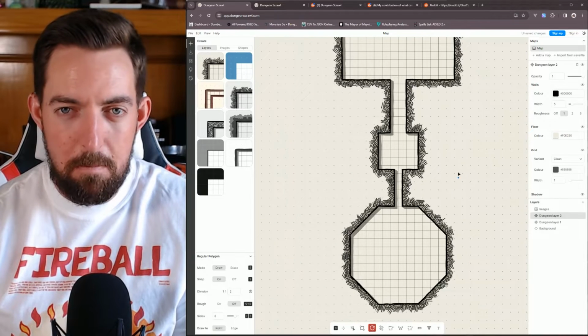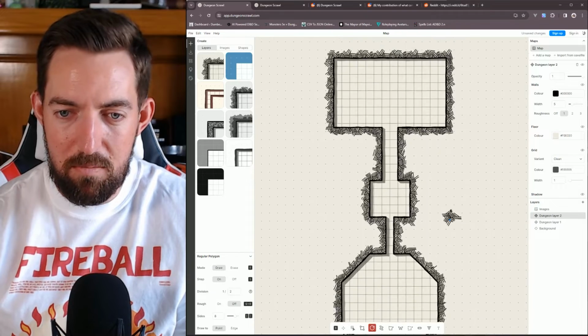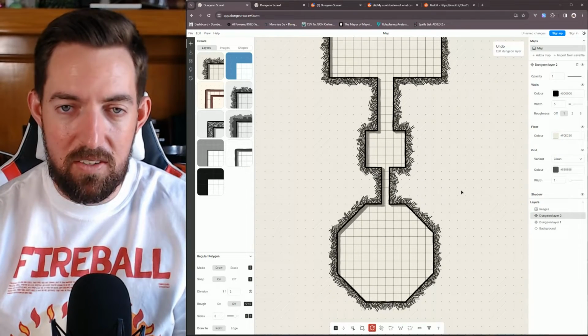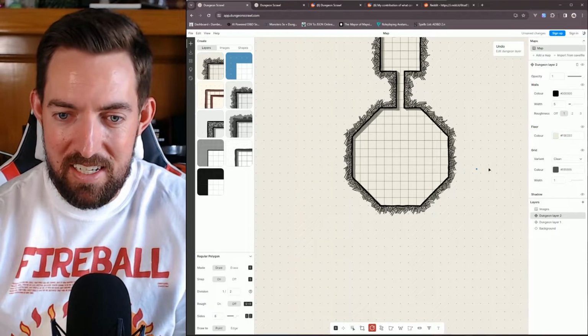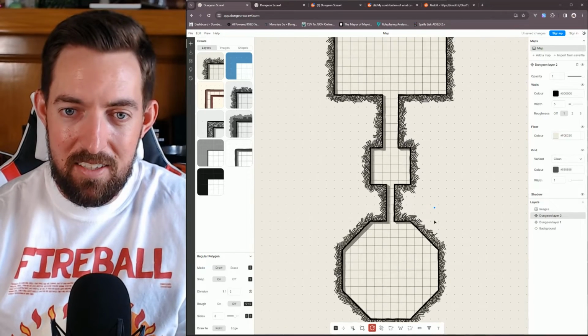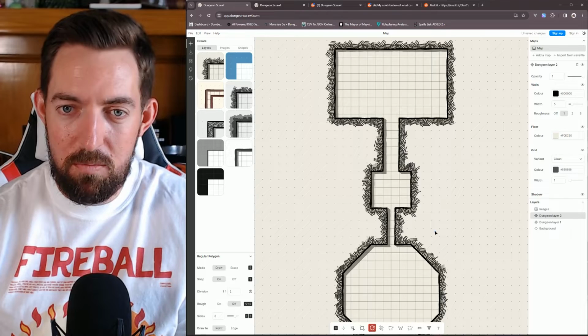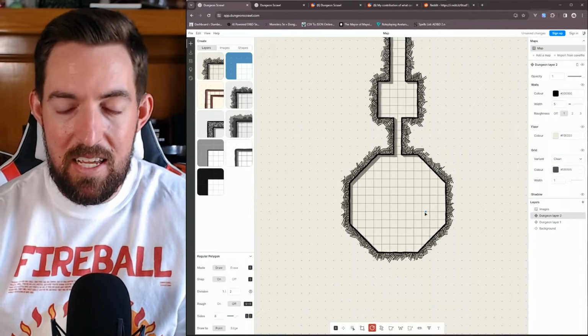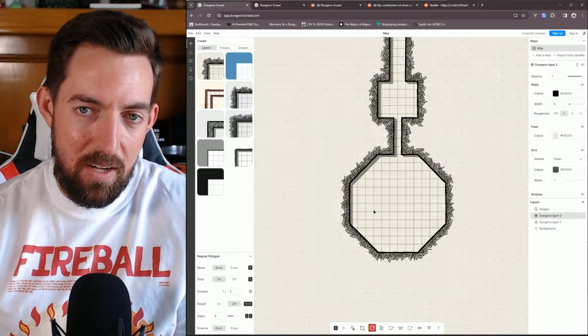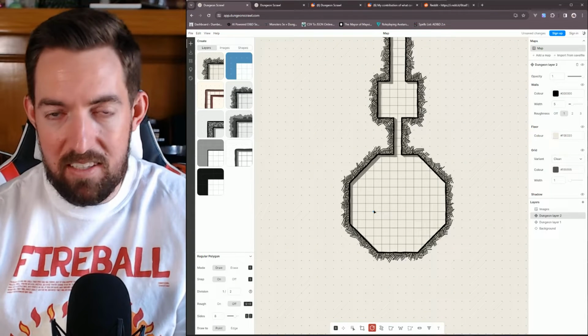If I press space, I can actually move things around pretty easily. Control Z also works, so big fan of being able to undo things that I quickly did. And honestly, there you go. There's the 3 quick rooms for a 3-room dungeon. We have some boss battle in here, but now everything else is just icing on the cake